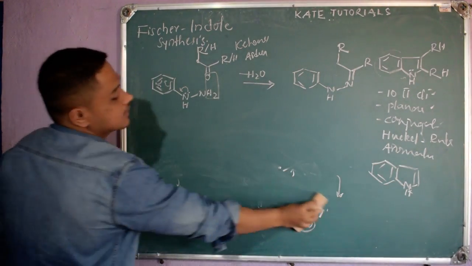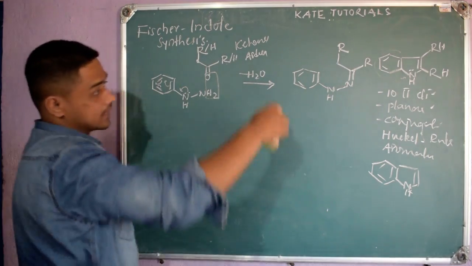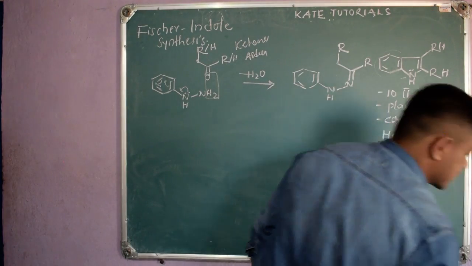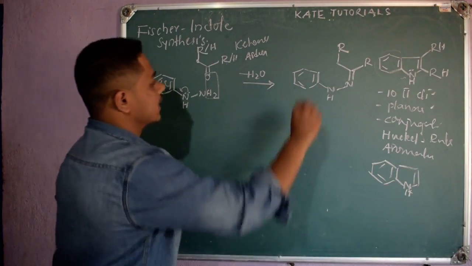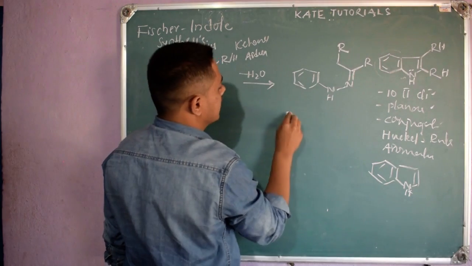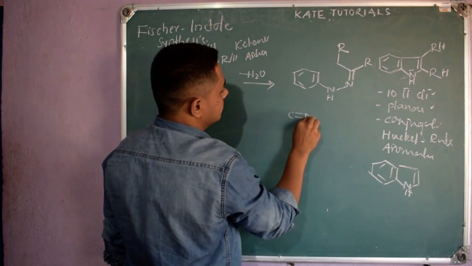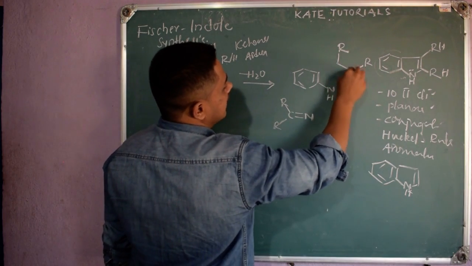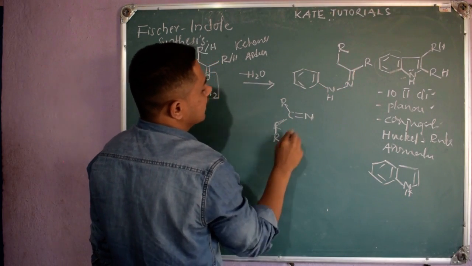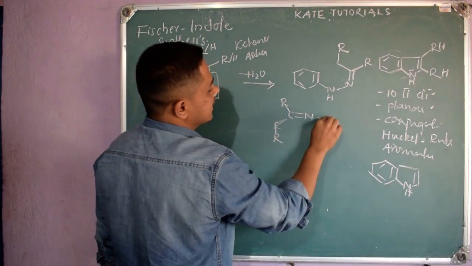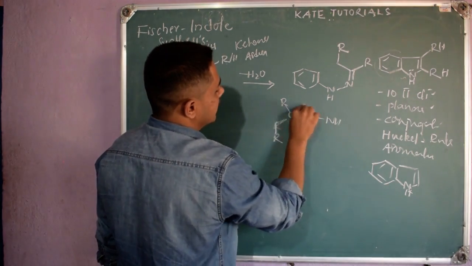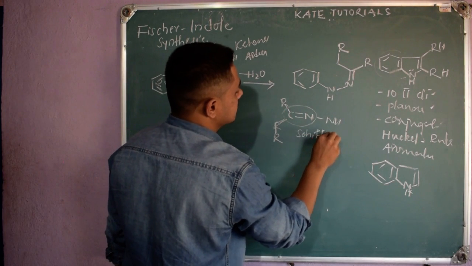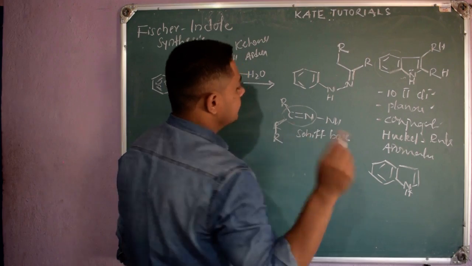How we will get this indole, that is a heterocyclic compound. This product, how we will get it, right? So let us continue with that. So till this it is clear, right? So here we know that C double bond N, and here if you have R like this, so here R, CH2R I have, CH2R. If any such compound is there, this C double bond N is called a Schiff base. Schiff base, right?